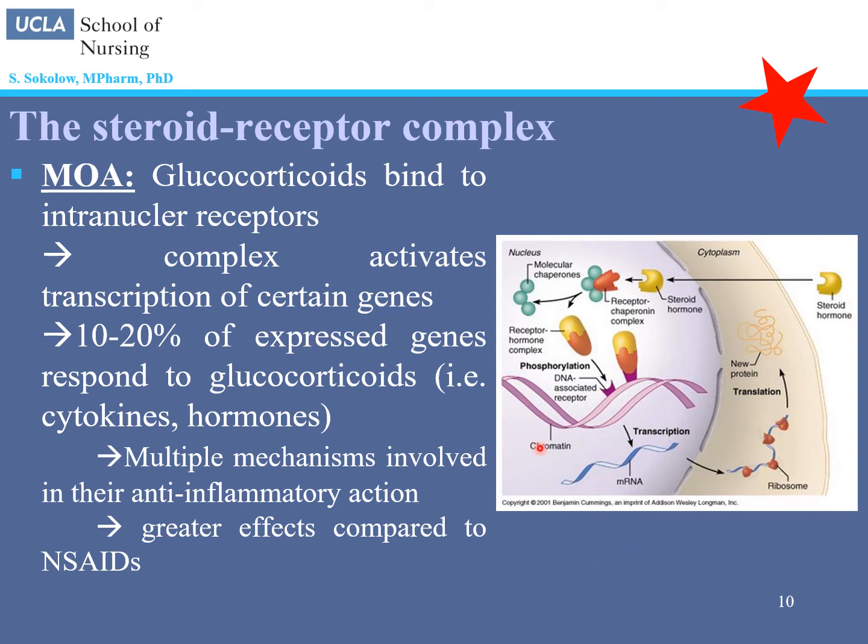So the receptors are going to induce the activation of the transcription of different genes. About 10 to 20% of the expressed genes respond to the glucocorticoid steroid. Mainly, they are cytokines, hormones. So a lot of anti-inflammatory cytokines will be transcribed and lead to the translation of those cytokines. So it's a multiple mechanism involved in their anti-inflammatory action. And of course, they have a greater effect compared to the NSAIDs, but that comes with a lot more adverse